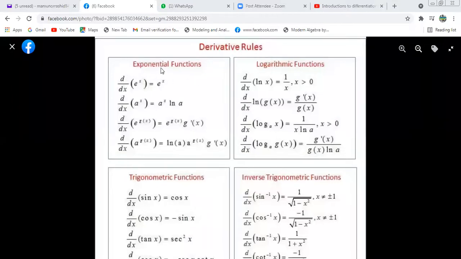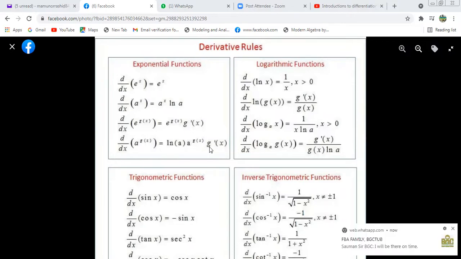First is for the exponential function. d dx of e to the power x equals e to the power x. Remember it. And d dx of a to the power x, the formula is a to the power x ln a. Similarly, d dx of e to the power any function g of x will be e to the power g of x into the differentiation of g of x. Similarly, for a to the power g of x, it will be a to the power g of x ln a into the differentiation of g of